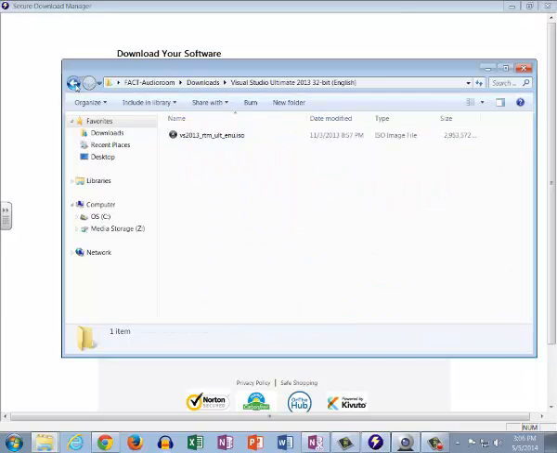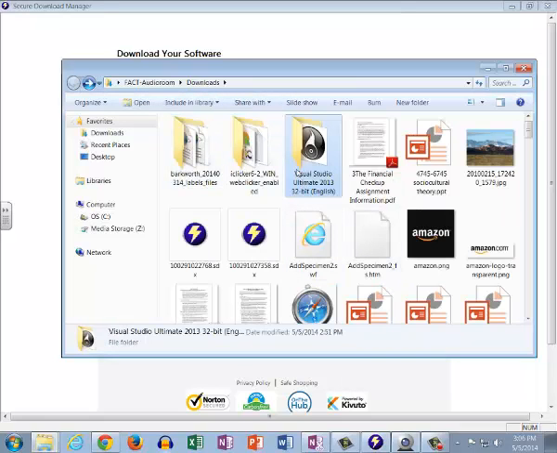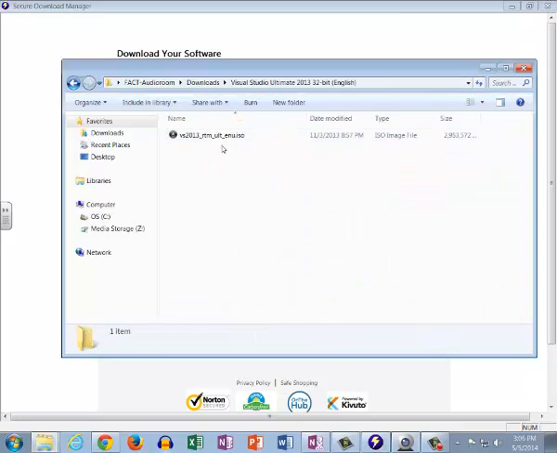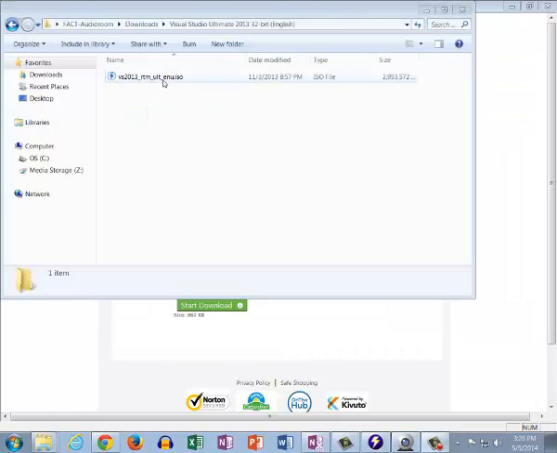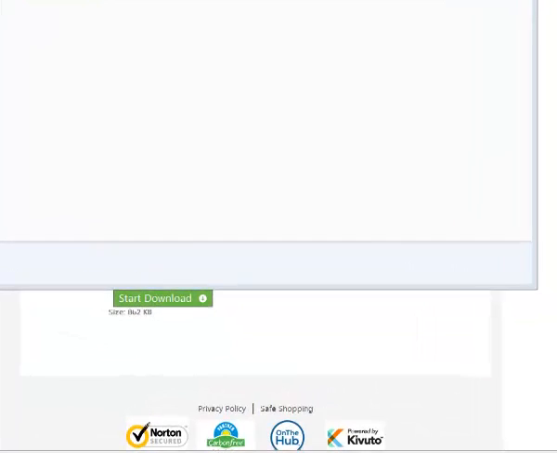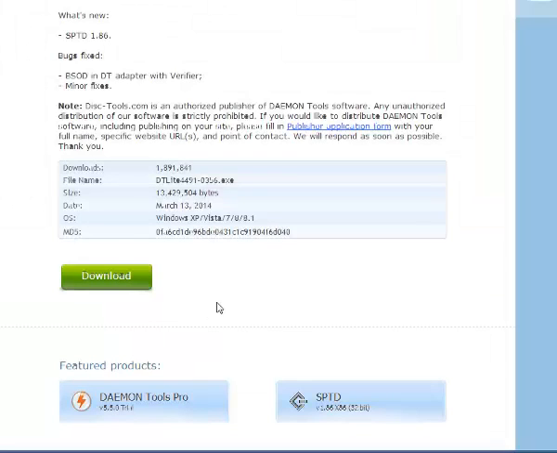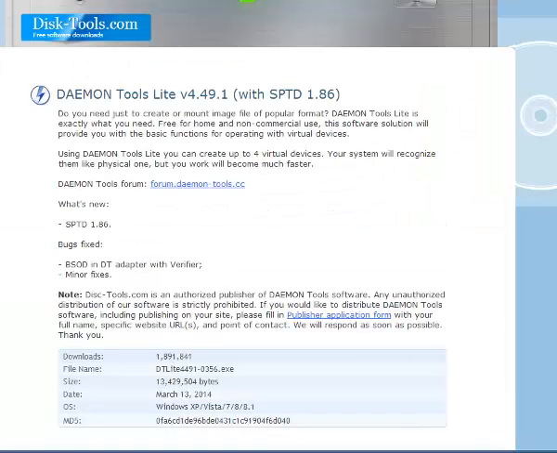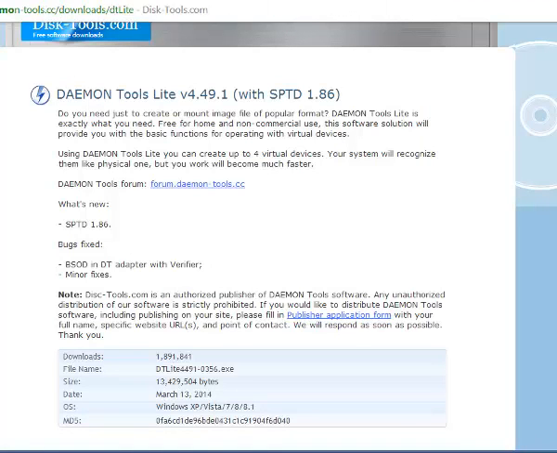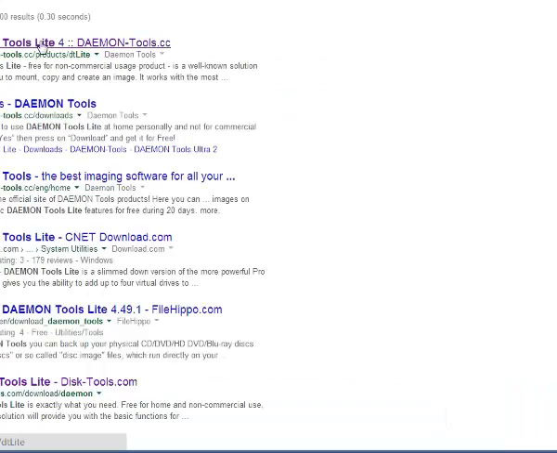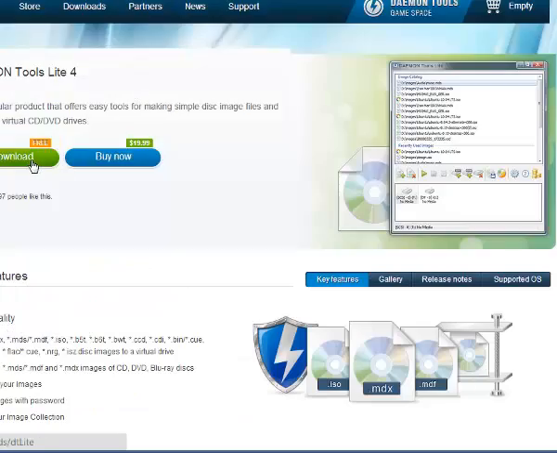It might take some looking around, but you will find a folder that says Visual Studio Ultimate 2013 32-bit. Or in the case of Premium, it will obviously say Premium 2013 or Professional 2013. Then opening this up, we get a .iso file, or an ISO image file. Now what we'll want to do with this ISO file is use a program called Daemon Tools. You can get this just by Googling, and it's Daemon Tools Lite, which is free. So we go to Daemon Tools Lite 4, we click Download,